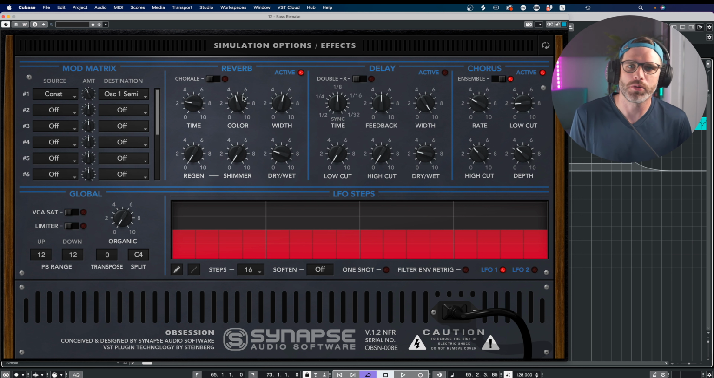The color, I didn't want to chop too much high or low off, so I've just sort of gone down the middle. The width has been reduced. If you reduce that to 0, it's going to be in mono, essentially. That goes for the delay as well. And then I turned down that dry wet once I could hear what I was doing to the sound and just blended it nicely. So I'm going to do the same for the delay,